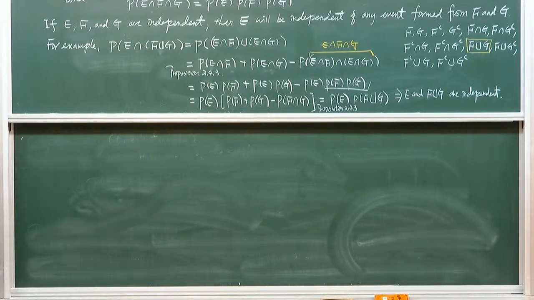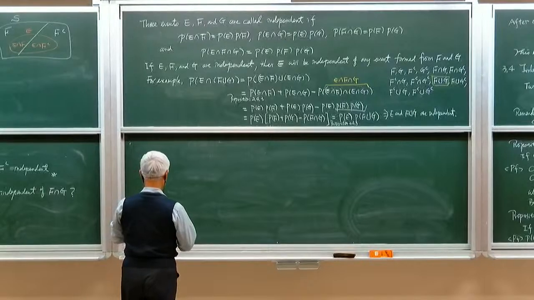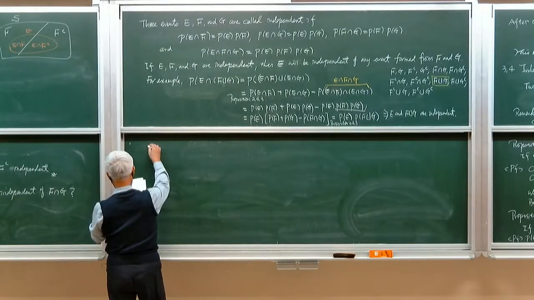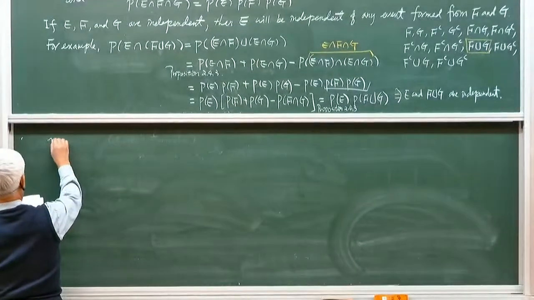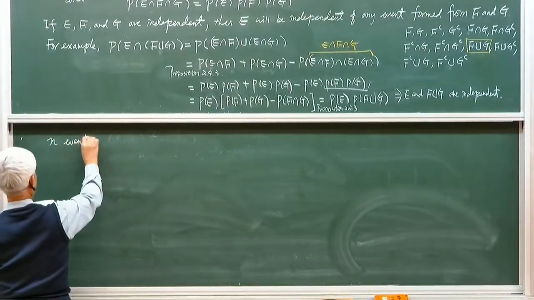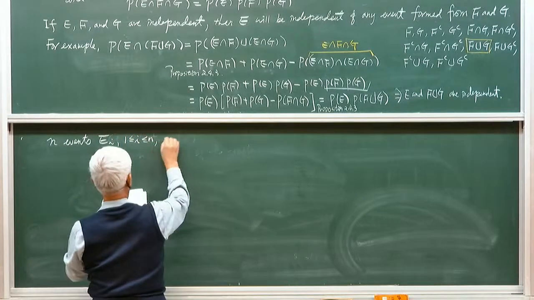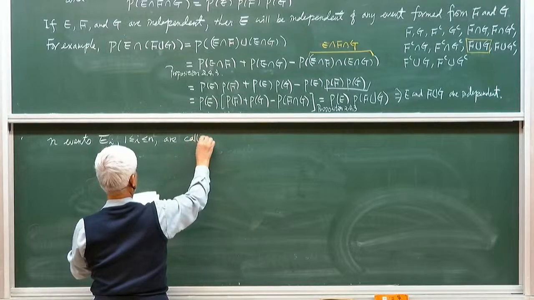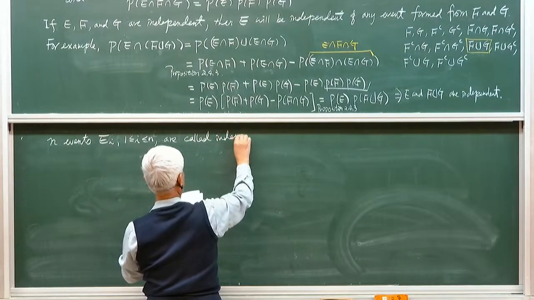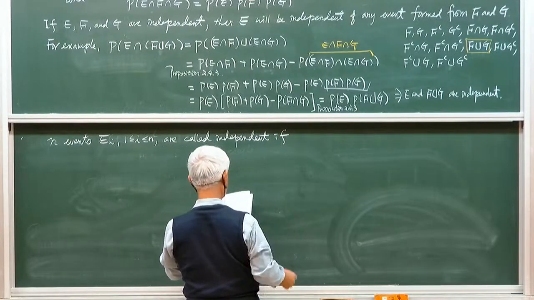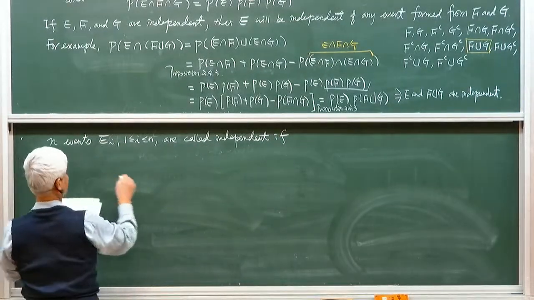All right, now we gave the definition of three independent events. Now we generalize to a finite number of events. So n events E sub i, i from 1 to n, are called independent if,